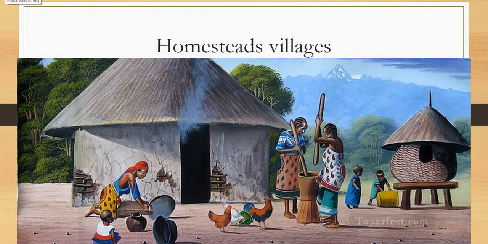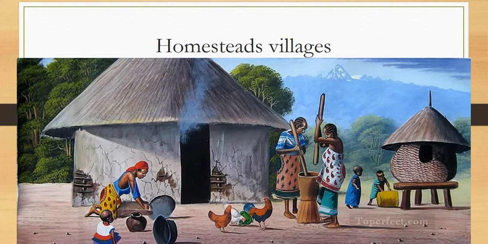All right, grade five. So moving on to homesteads and villages. We know now that the farmers from Central Africa had moved down into Southern Africa, and because they were farmers, they wanted to settle in one place. So therefore, they wanted to use the land to grow crops and herd their cattle and produce their cattle. So unlike the San that moved around to find food, the farmers wanted to settle down into one place. So with this came homesteads and villages.